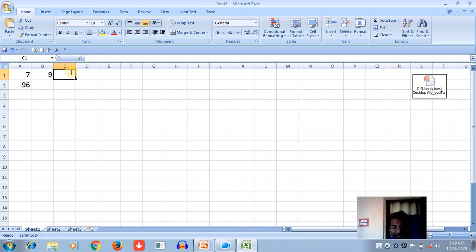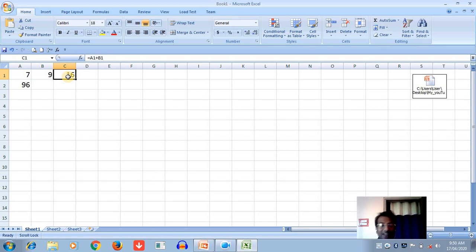First you press the equal sign, then click on the first cell and give the plus sign, then click on the second cell and press Enter. Automatically the result is the addition of both cell contents, 7 and 9, giving 16.